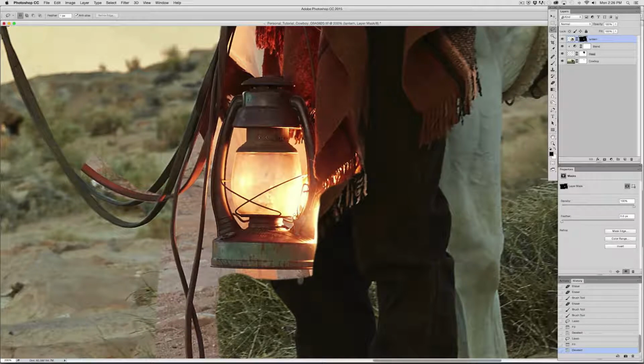So maybe I'll just take this part of the lantern, copy it and flop it so that we get this edge here clean. And that way it will feel like the light is spilling more from the interior of this, rather than from the outside like we truly have it. So we're going to take a look at that as well. Again, I'm not so worried about masking this perfectly now because I still don't know where and how all these